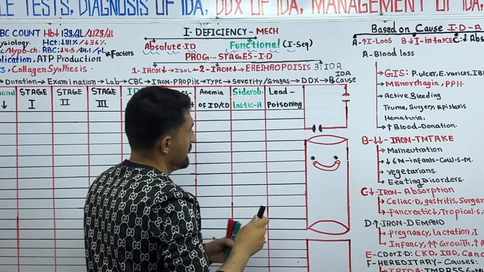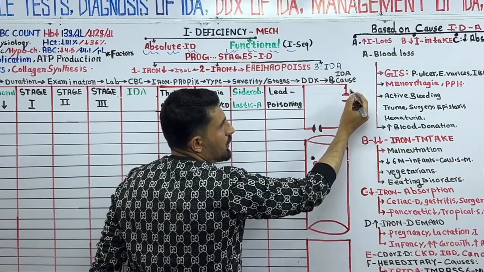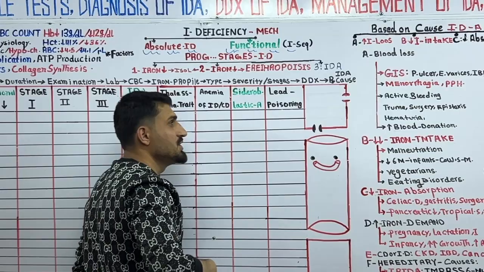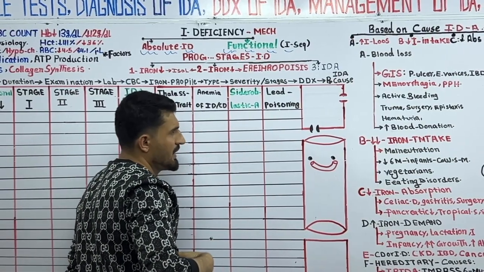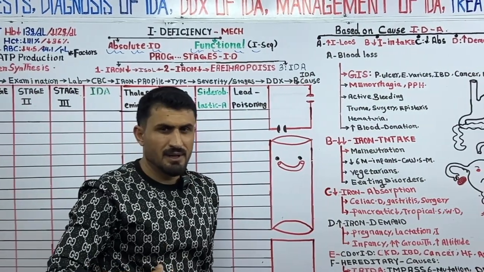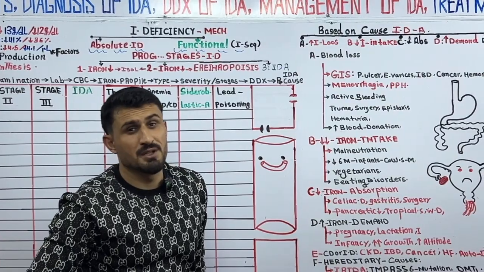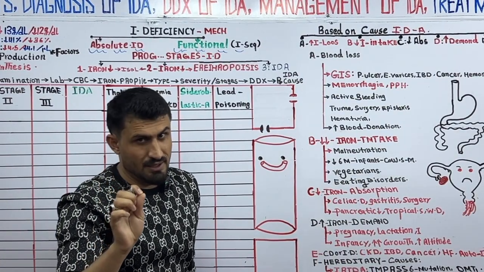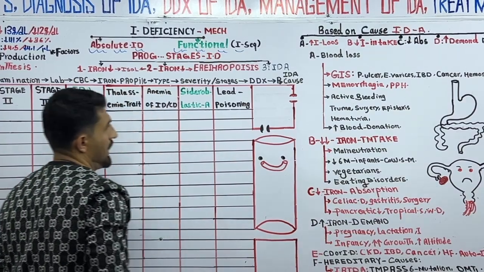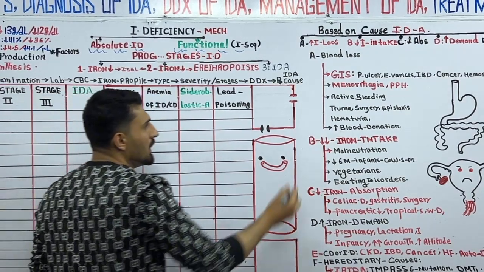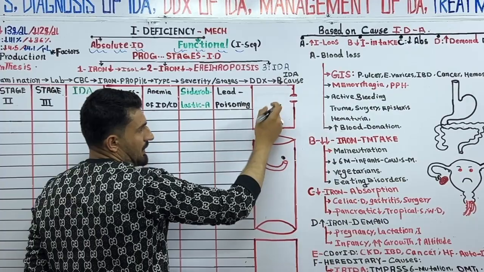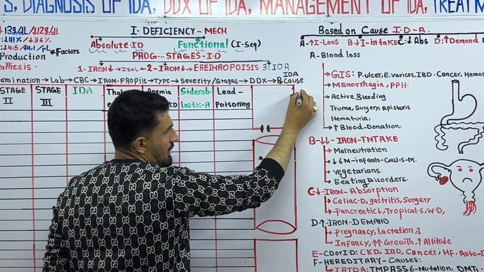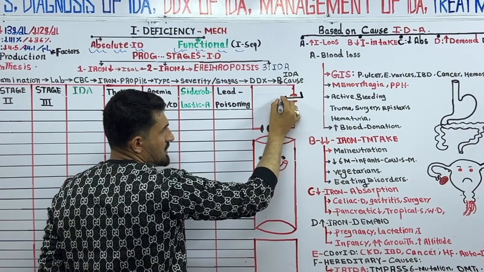Now listen to me carefully. We said in previous part that when we take iron in our GI system, it goes to the duodenum. Iron can be absorbed in stomach and in early part of jejunum and also in duodenum, but its important part is the duodenum, where we absorb iron. Now, this is a duodenal cell, okay, we talked about it. So we take iron to the duodenal cell